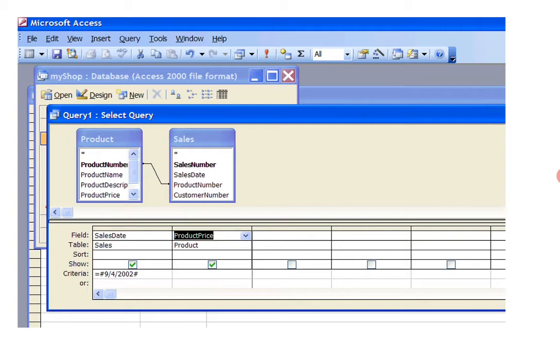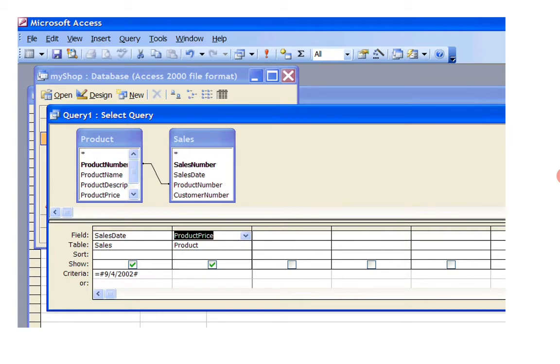Why? Because to create any relationship among two or more tables like product, sales, customers, one or more common fields should be maintained, means common fields should be used. By using common fields only, we may create relationships among them. So here product number is the common key.